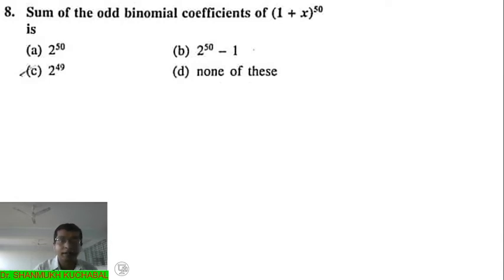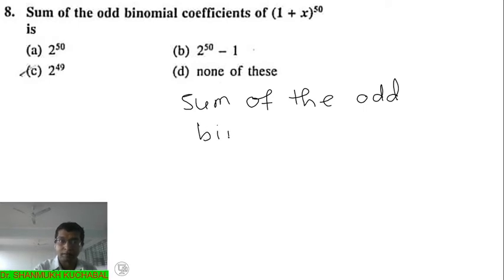Sum of the odd binomial coefficients of (1+x) raised to 50 is. Odd binomials means 1, 3, 5, 7. All these are odd binomials. So then we will define it: sum of the odd binomial coefficients